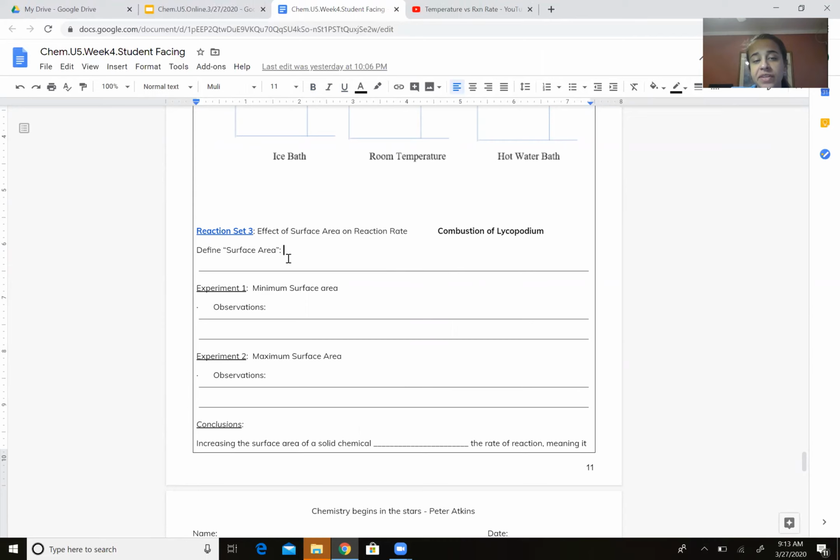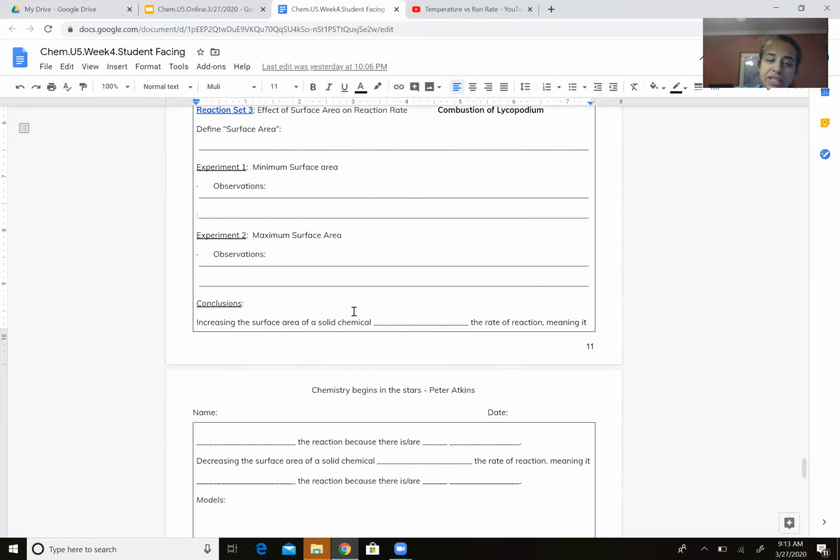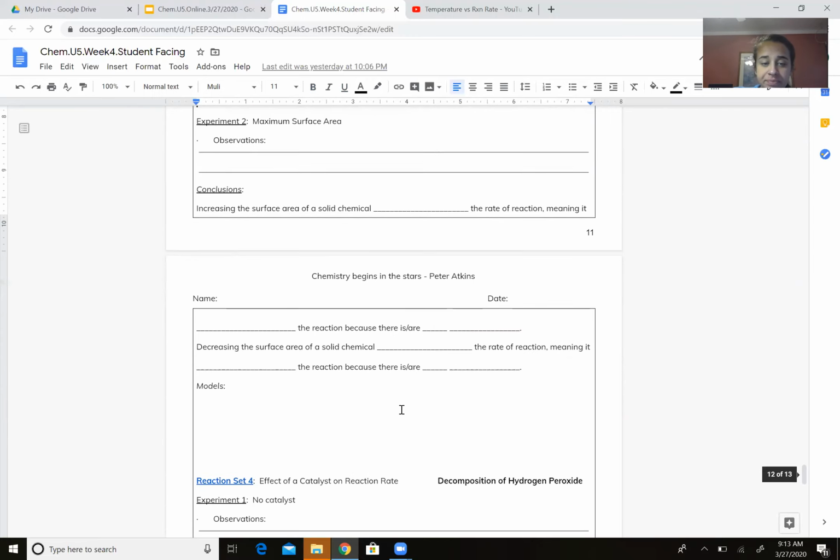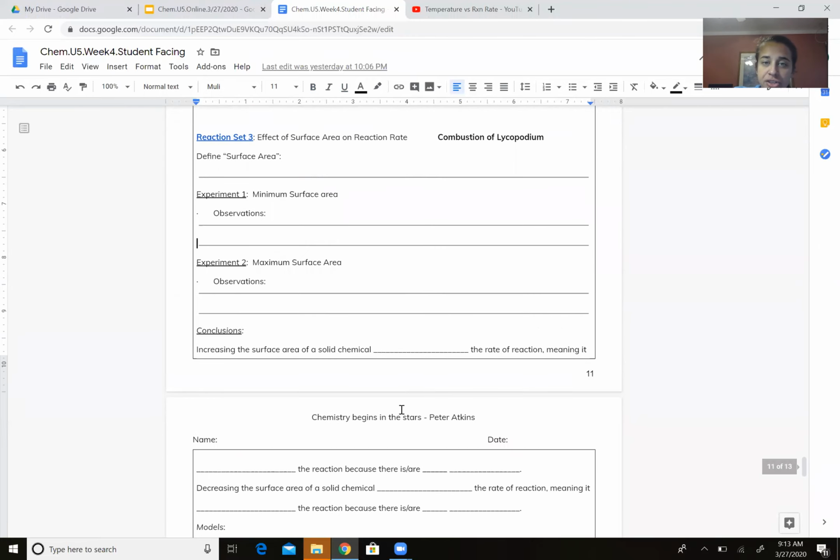First things first, make sure you're defining what surface area is. And then experiment 1 versus experiment 2, you're always recording your observations. So you're basically just following what these guides are saying and then creating your conclusion. Increasing the surface area of a solid chemical, blank, so increases or decreases or does nothing to the rate of the reaction. And then as you're doing this,